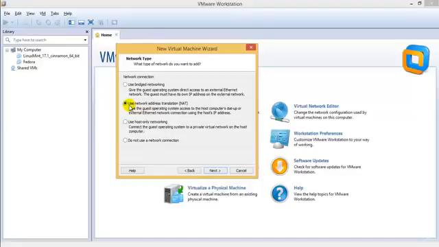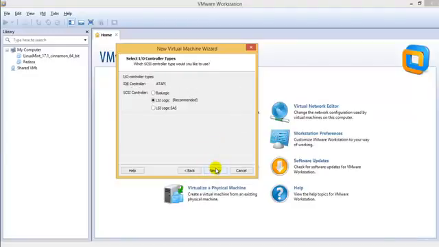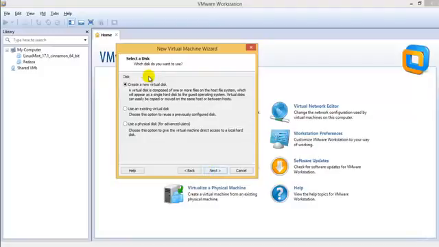So always use network address translation, that's the NAT connection, because if you use bridged networking, then the guest must have its own IP address on the external network, else it won't work. If you use host-only, then it will only connect to the host network, and as the name suggests, it's self-explanatory, do not use that networking connection. So we would be using NAT, since we need to connect each and every other operating system we have. Click next. We don't have anything to do with this, just click next and create a new virtual